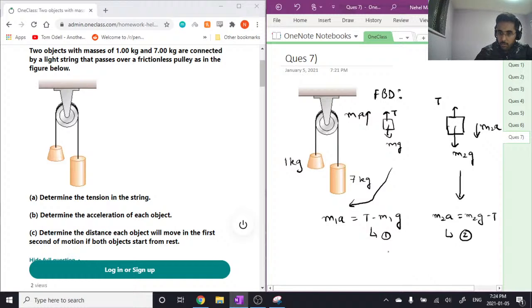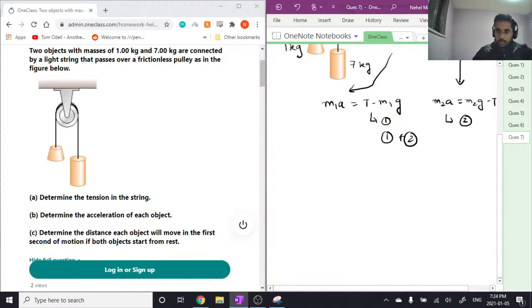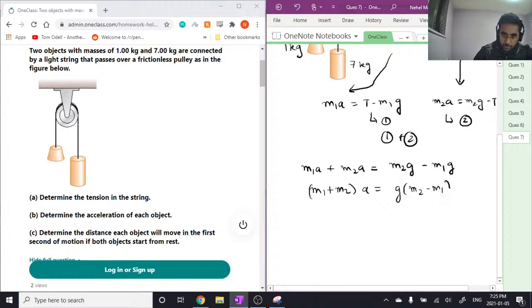If we were to add 1 and 2, we would get m1a plus m2a equals, the tension would cancel out, and we would be left with m2g minus m1g. From here, we can actually solve for acceleration right away. So we can say that (m1 plus m2)a is equal to g times (m2 minus m1), and acceleration becomes g times (m2 minus m1) divided by (m2 plus